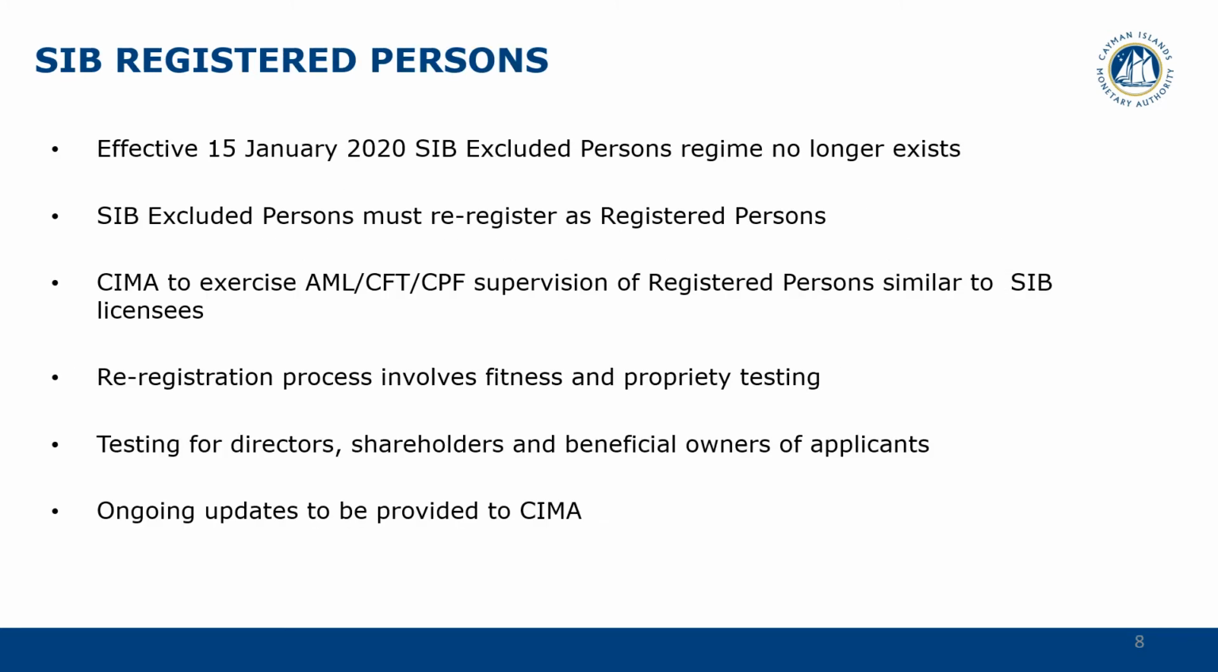So the wide-ranging legislative changes that I alluded to mean that effective as of 15th of January 2020, the SIB excluded persons regime no longer exists, and they must re-register as registered persons. CIMA will now exercise AML-CFT-CPF supervision of registered persons similar to SIB licensees, and that re-registration process